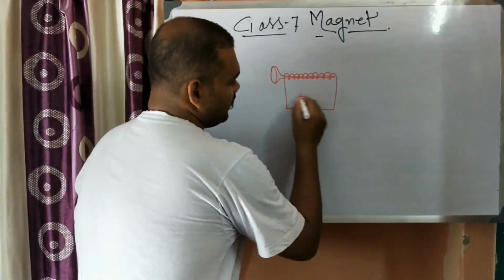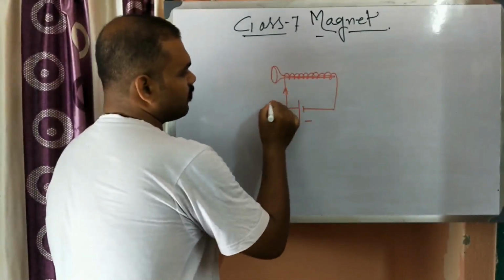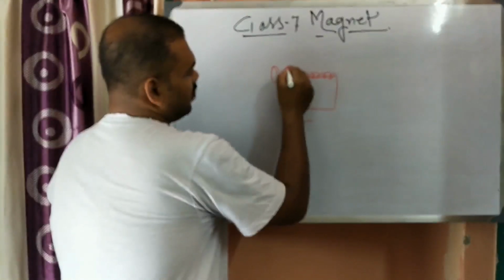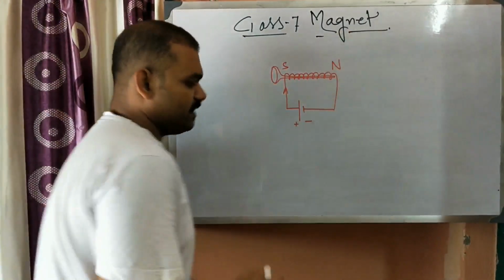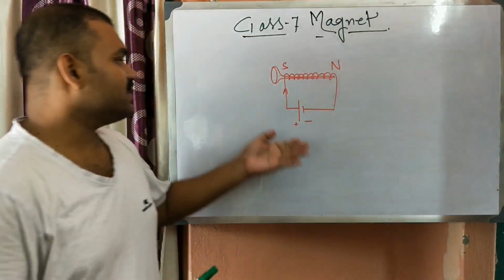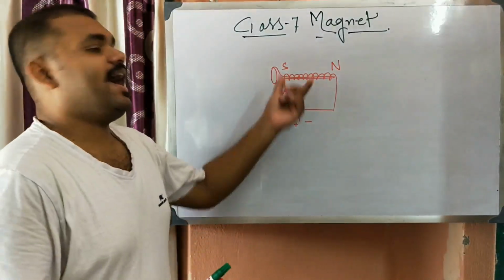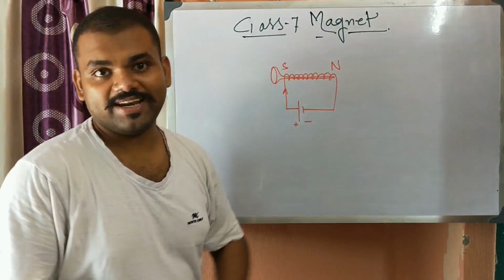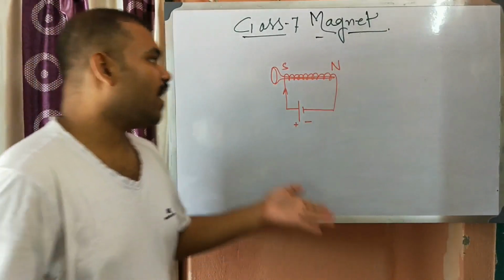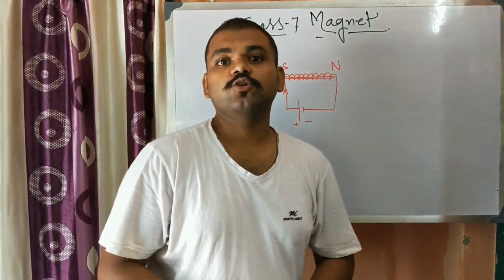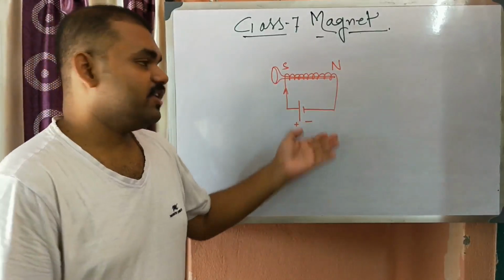So this is an electric cell. So here this is positive end, this is negative end, so current will flow from this direction. Okay, so a south pole will be developed on this direction and north pole will develop in this direction. So after passing the electricity, we will see that the nail becomes a particular magnet, or it develops a property of magnetism. So this is how we can make an electromagnet. So very easy, by the way which you can do it in your home also.